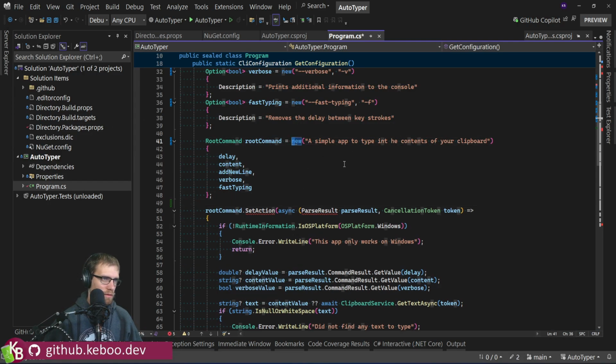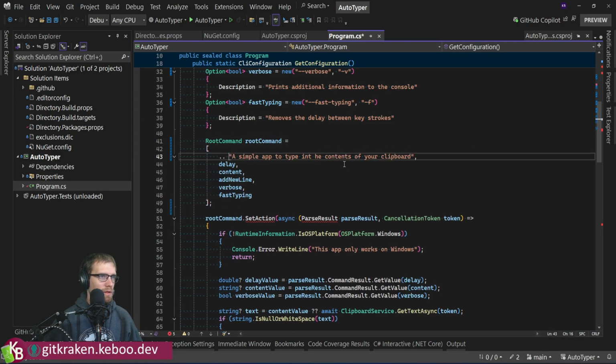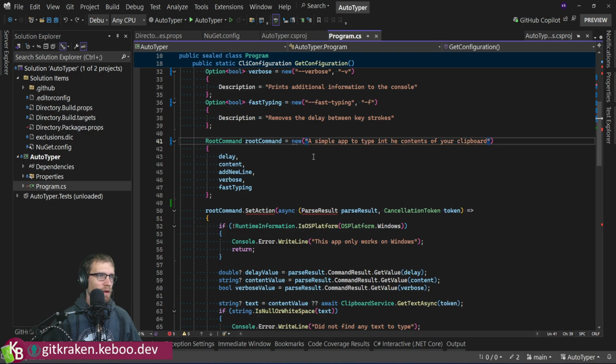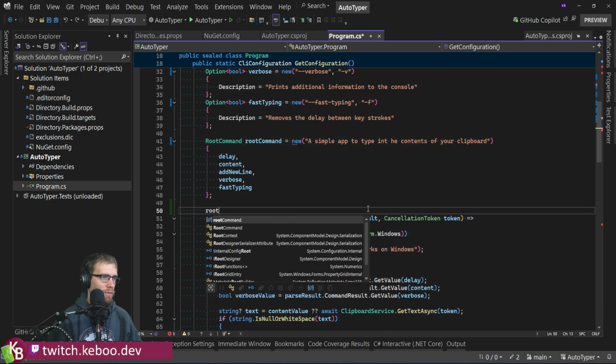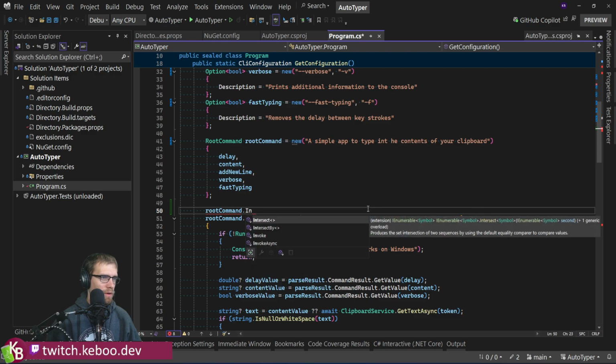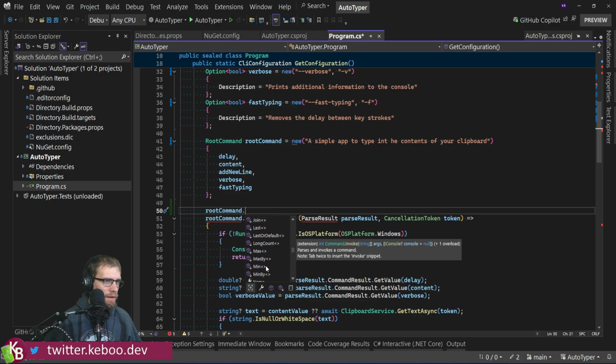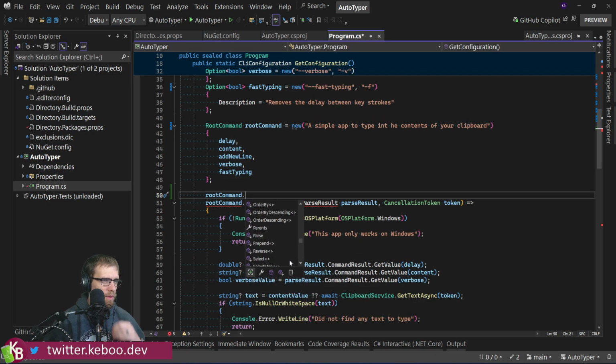Because this is, let's see, collection initialized can be simplified. Oh dear heavens. Yeah, no. Okay. Root command, I think it's invoke. Well, so there's that. What was the old API called on this guy? Min name order parse